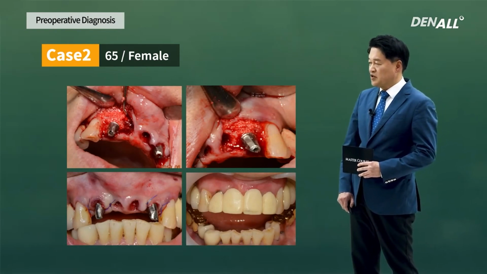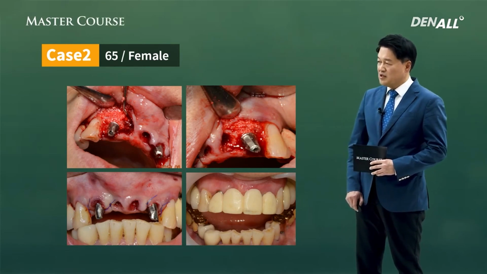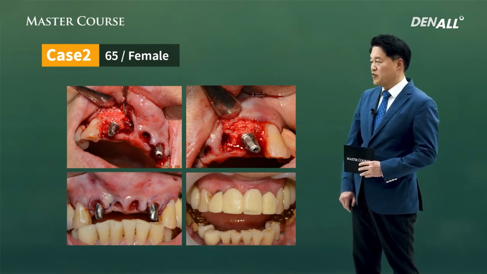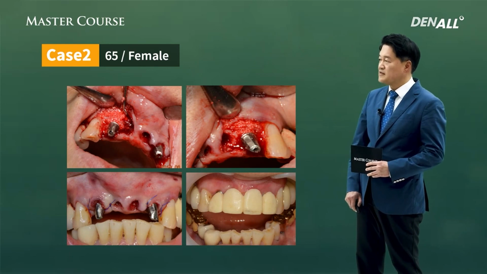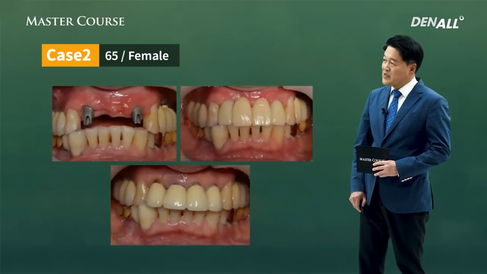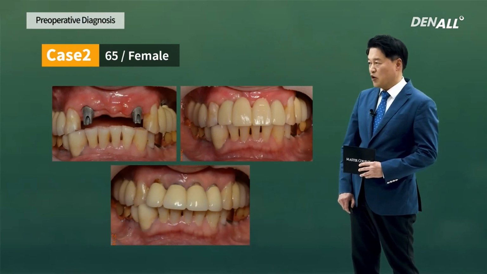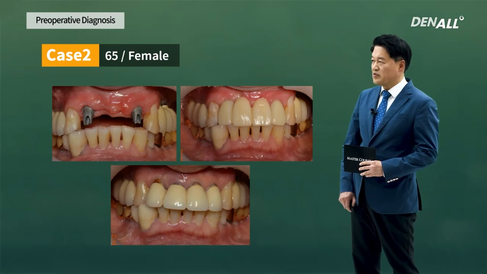First, GBR was done buccally on both sides, temporary. In order to do it, a one-piece rigid abutment was connected, and the temporary was completed. Immediate temporization was done and immediate implantation was conducted. Finally, the final abutment. The placement direction was not favorable, so a customized abutment, a one-fit abutment, was used,